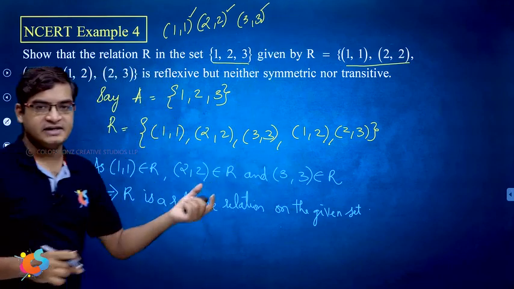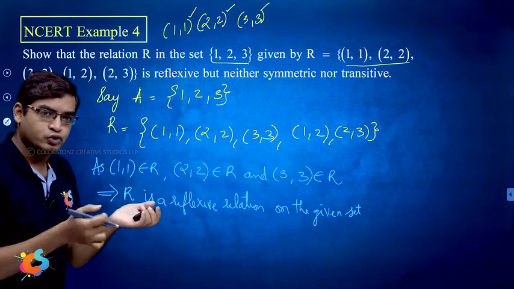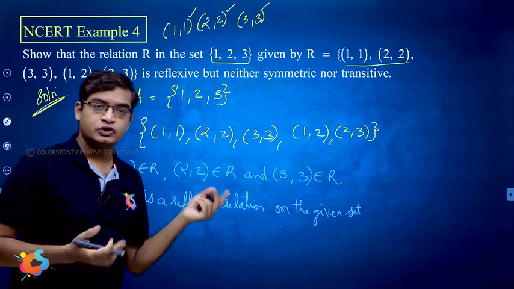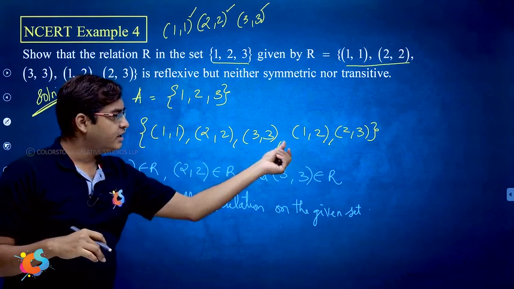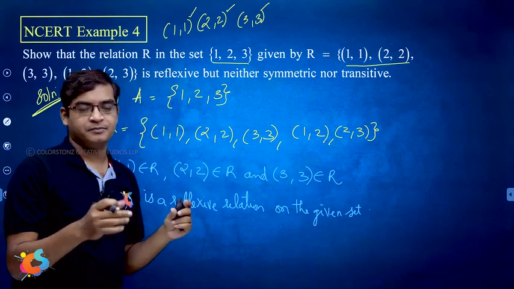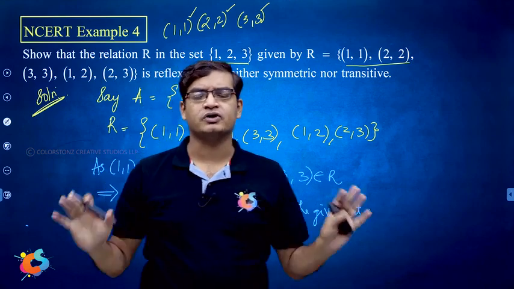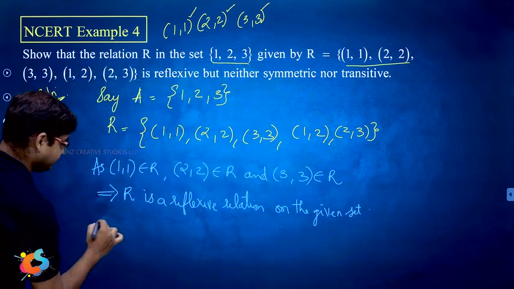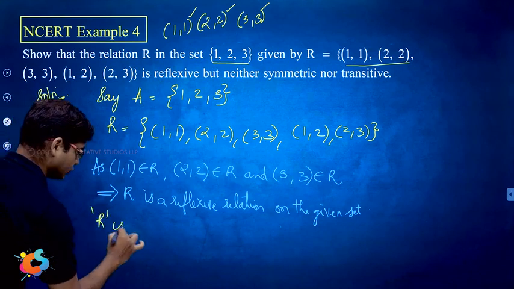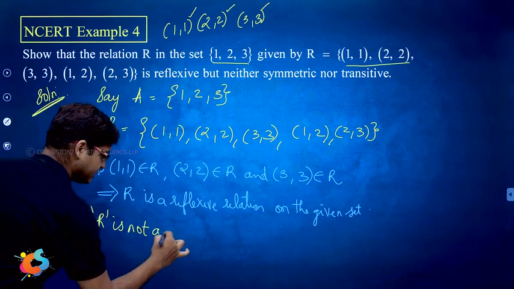1, 2 is there. You have taken it. The reverse, 2, 1, is it there? No. So therefore this is not symmetric. Why? Because you have checked for it and you are getting one cross mark. Even if you get one cross mark, you can stop and then you can write the reason. So R is not a symmetric relation